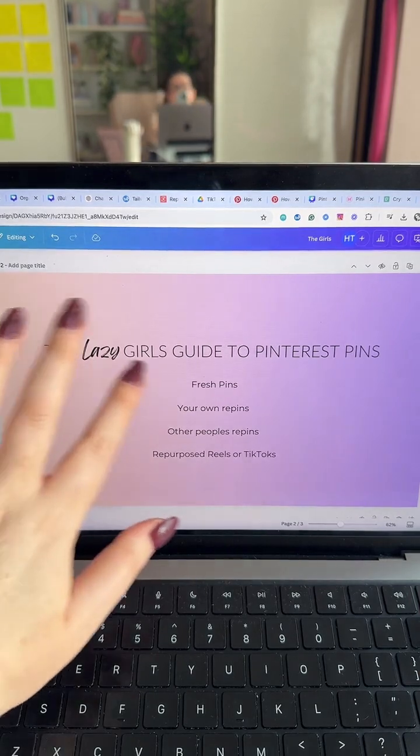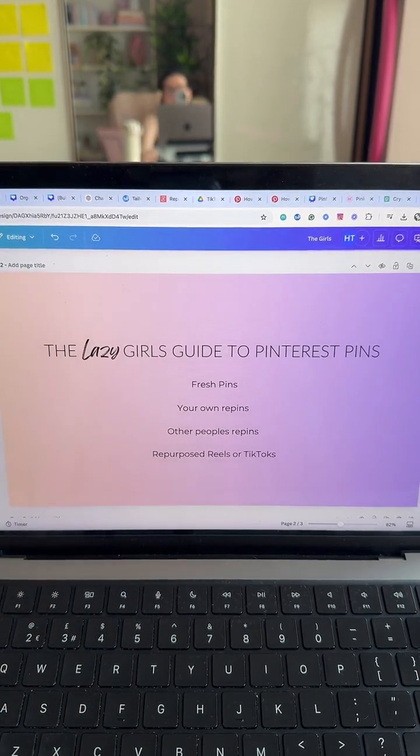And again, the Lazy Girl's Guide, because when I do this, I will literally put on a Harry Potter film, or Selling Sunset, or something I can just binge. Sex and the City. I was watching Sex and the City yesterday while I was making a client's Pinterest pins. Or I'll put on a podcast, also music, I'll have my hot chocolate or my cup of coffee, and I'll just chill out in my pajamas and do it. This is not something that needs you to be super set up in work mode. I literally think of it as my lazy chill time, and I love that.